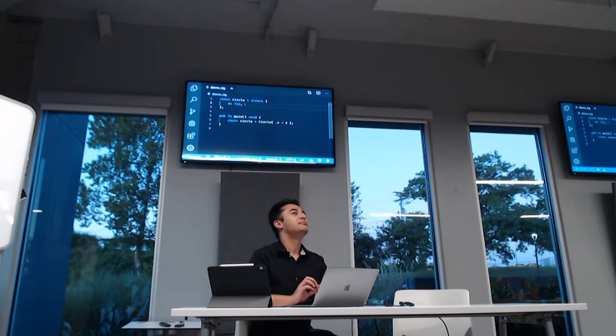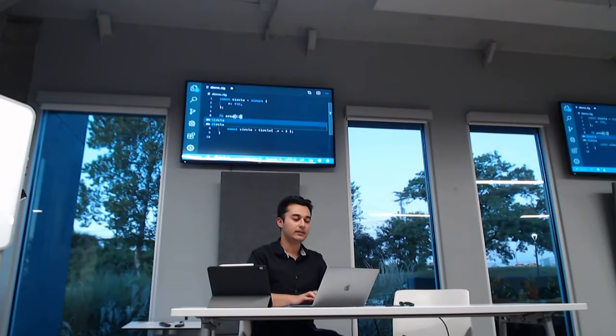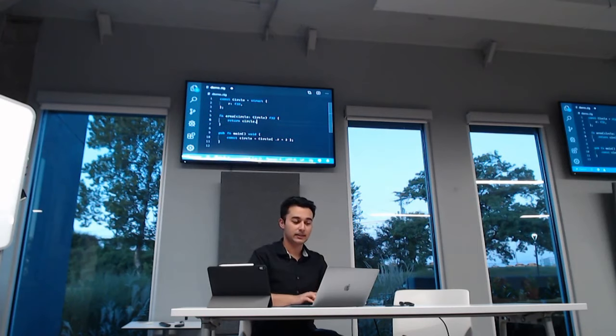And what's missing from C is it's really hard to operate on structs. You call functions with structs. Suppose in C you do something like fn area, and then you would take in a circle and return an f32, and then you would return circle.r times, I guess, pi r square, and then let's say 3.14. This is how you would do it in C, and you can definitely do that here too.